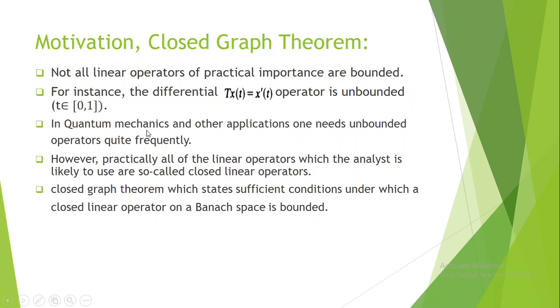In quantum mechanics and other applications, one needs unbounded operators quite frequently. However, practically all of the linear operators which the analyst likes to use are so-called closed linear operators. Now, the closed graph theorem states sufficient conditions